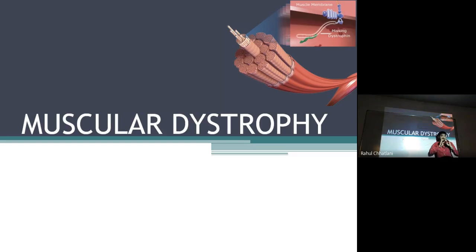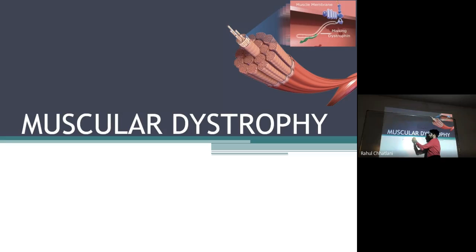Anatomy will be normal, ground substance will be normal, only then can the sarcomere work on it. So if dystrophin, say for example, half of it is absent and half is present, that will cause a disease that we term as BMD, or Becker's muscular dystrophy. But if it is absent completely,